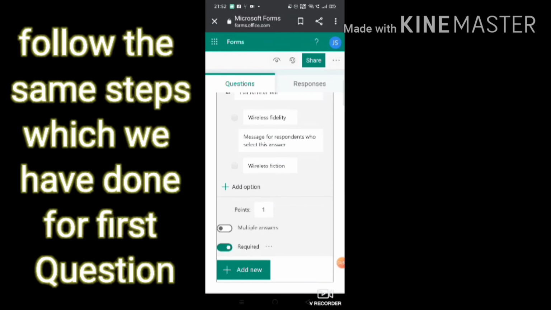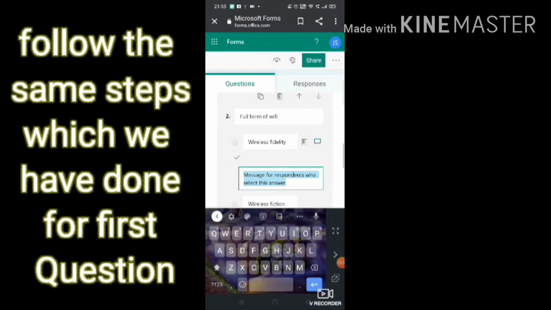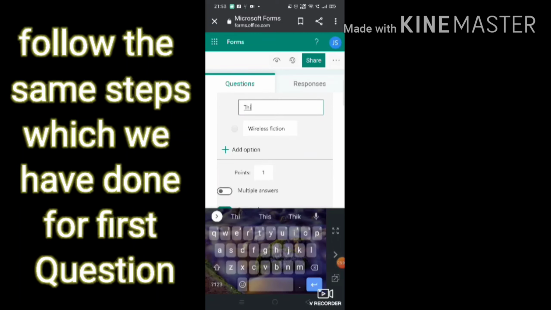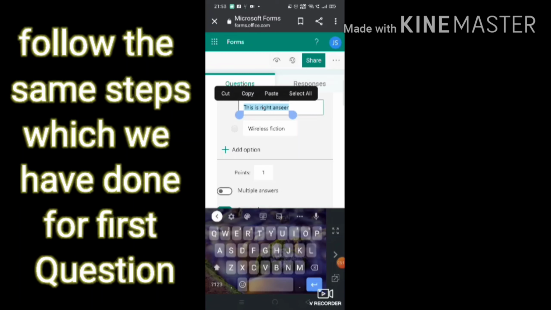Fine. Like I am writing here, this is right answer, like this. Yeah, any other instruction if we want to give. Sorry, answer spelling is wrong.